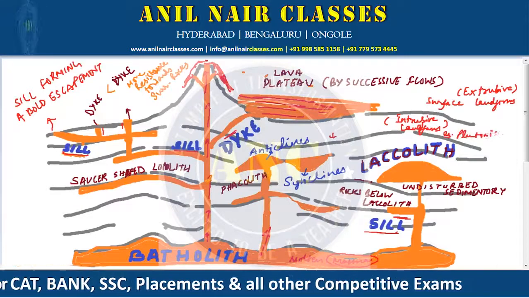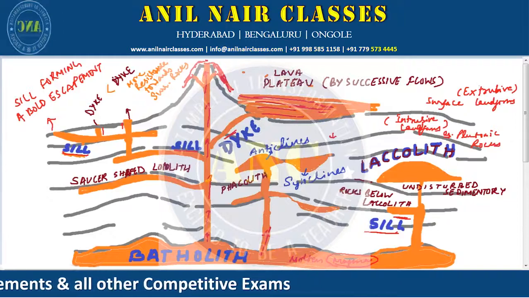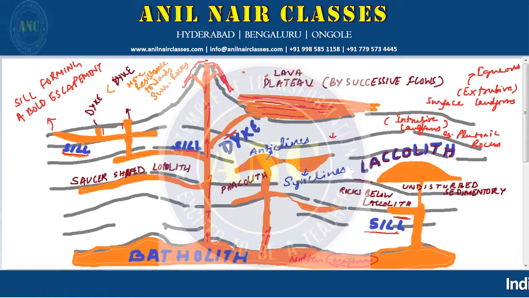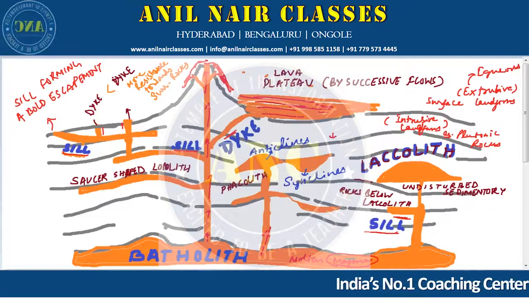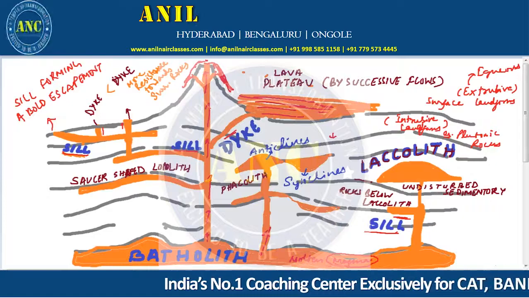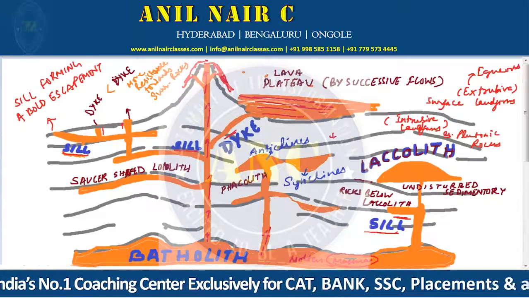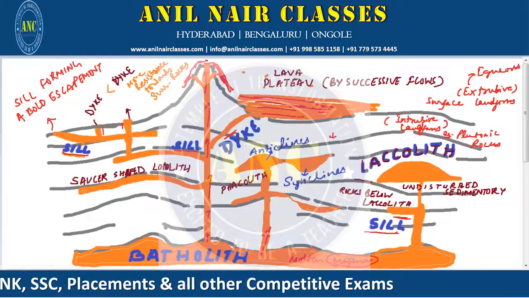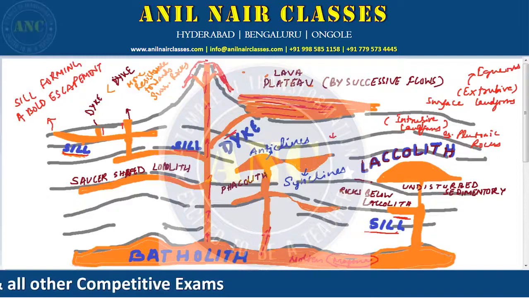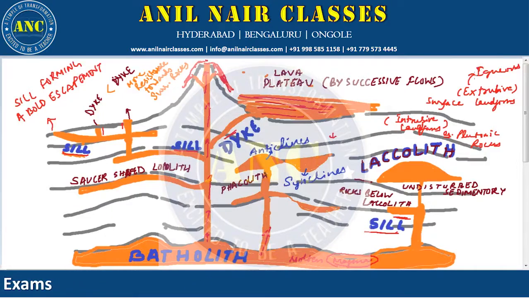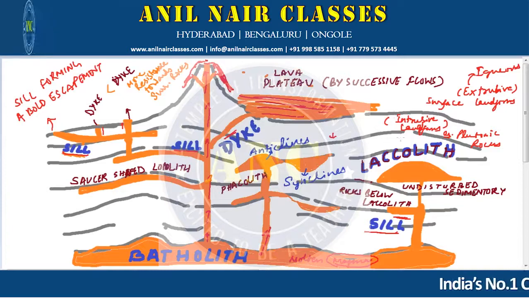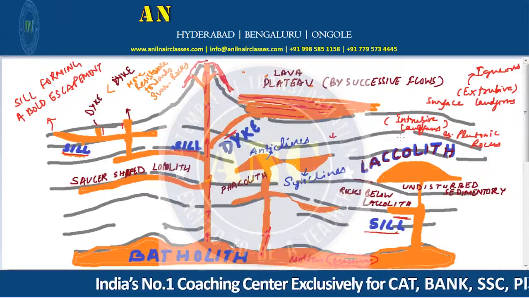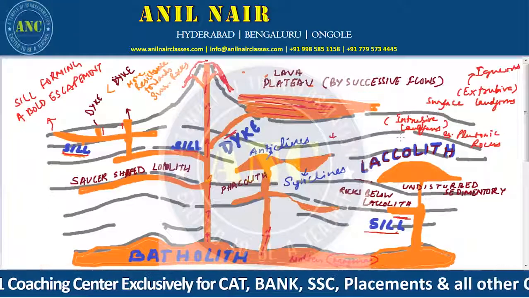Examples are plutonic rocks, whereas examples of extrusive rocks are what? Igneous rock. And we have learned in the last class that igneous rocks are nothing but the rocks which are formed from the cooling of the lava which comes and falls on the surface. That is the magma. When it cools down, the rock which is formed is nothing but igneous rock. Clear? Similarly, inside the crust, it is nothing but plutonic rock. Clear? So this is the very common basic overview of how the